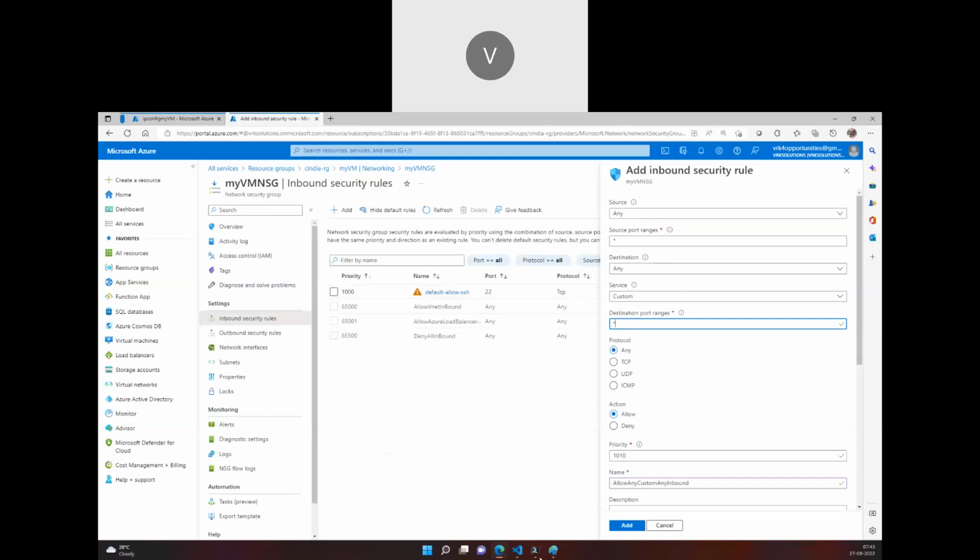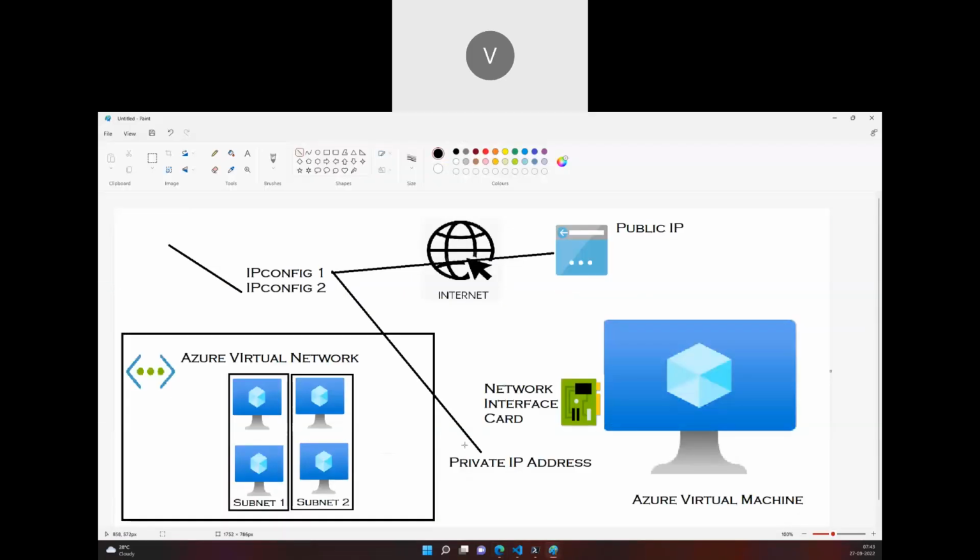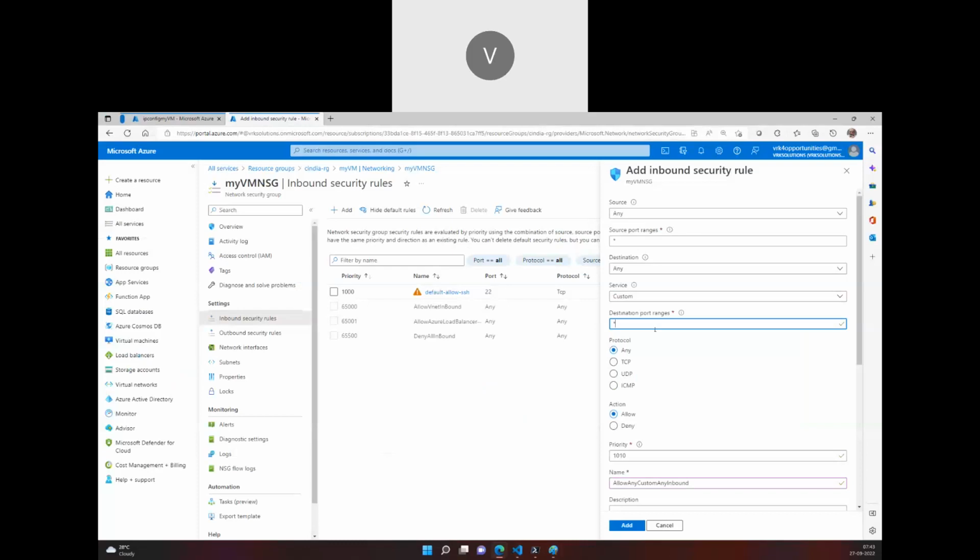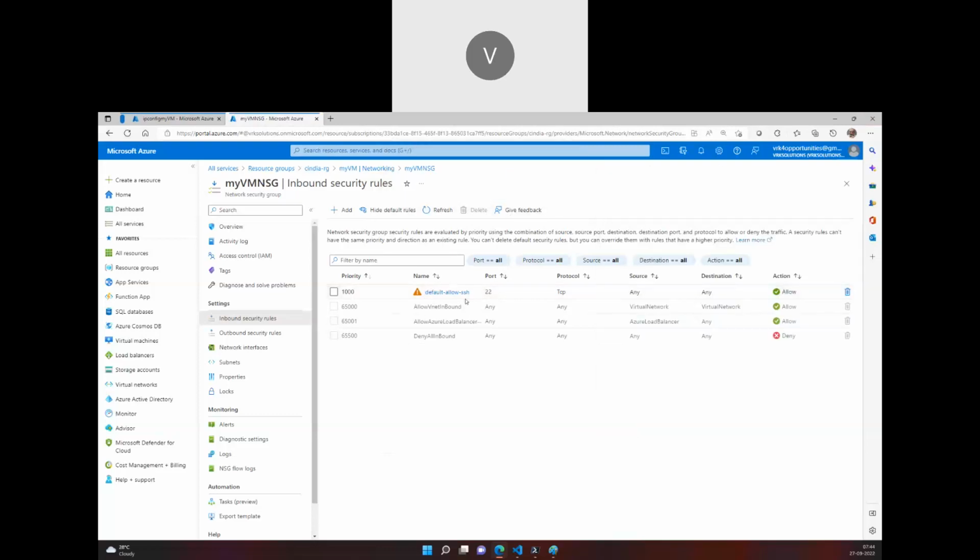And source means, if it is coming from a private IP address, that's a source. If it is coming from the internet, that's a source. So when the connections are coming, which port do you want to allow: any port, or a specific port? Port 22 should not be allowed to be connected from the internet. When we are trying to connect to machines, if this is a Linux machine, we will be connecting to port 22. And if I don't allow port 22 from the internet,